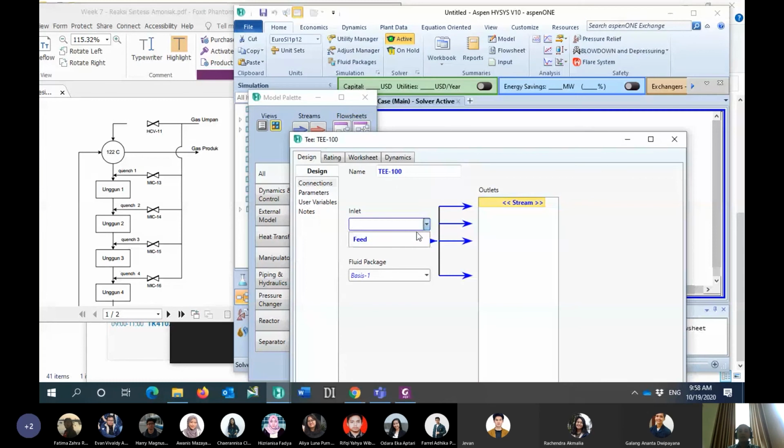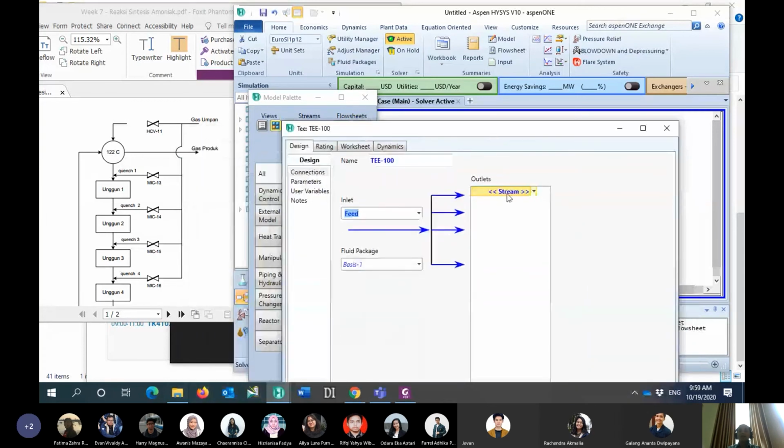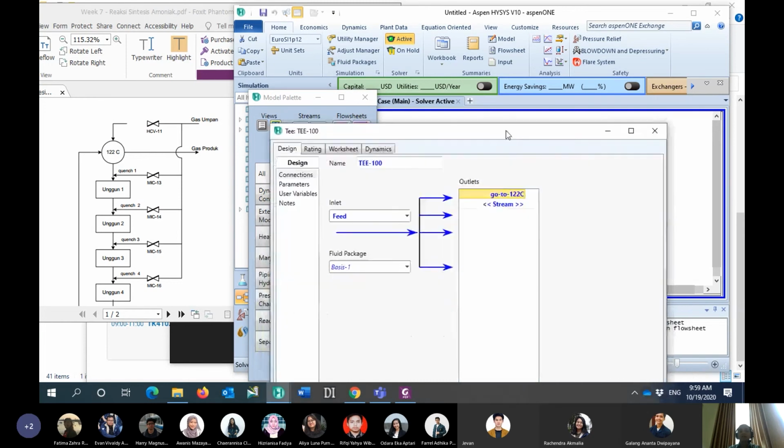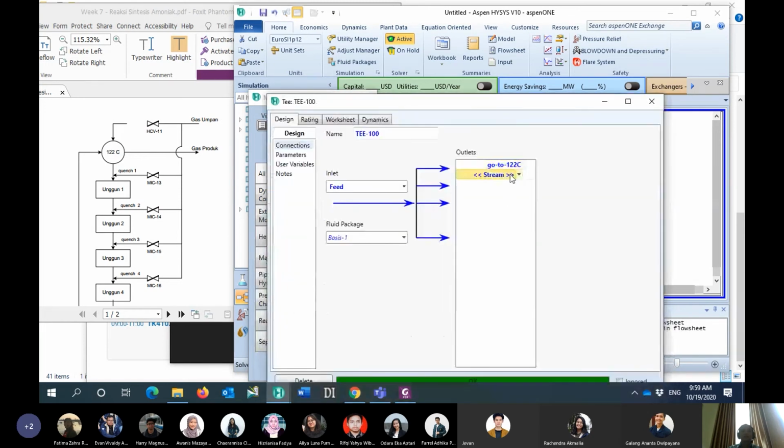I will put the feed, and then this one goes to 122C, and the other one goes to the quench stream.